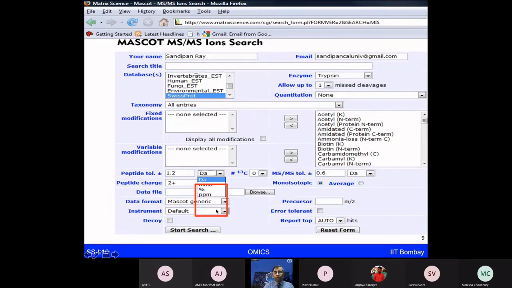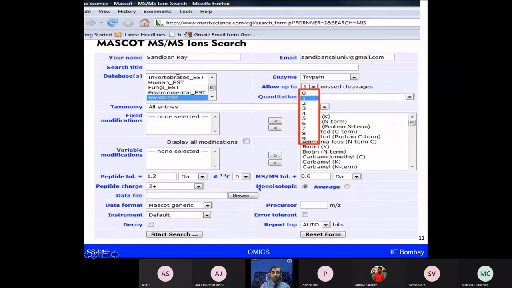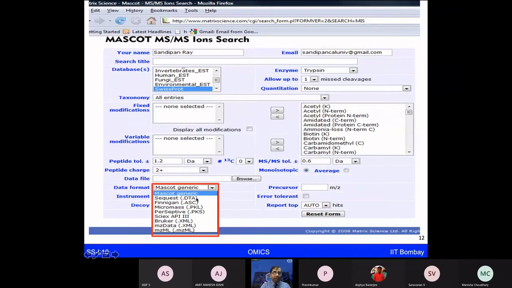So again, once you have gone through all the parameters, what should be my peptide tolerance, my protein tolerance, MS/MS level of tolerance, all of these which you have defined. Again, you may have the option of multiple types of enzymes which you can choose. So these are the parameters which you have to play with. Initially, there are some guidelines which you can use, but of course, given your experimental condition, you will probably choose the most appropriate condition of the database, of the enzyme, of the possible other parameter changes.